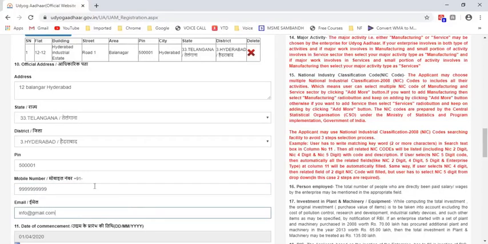You should be very careful when you are entering this. It can be the same Aadhar linked mobile number, or you can choose another mobile number as well. You will get another OTP once this process is over on this particular mobile number.